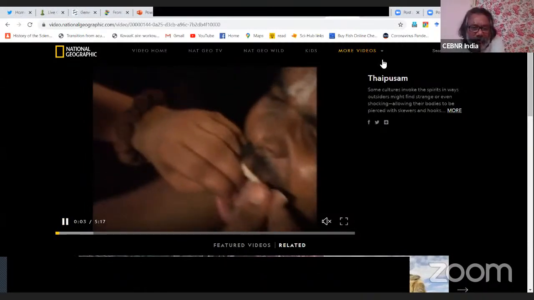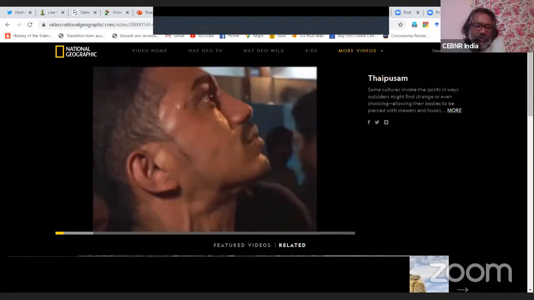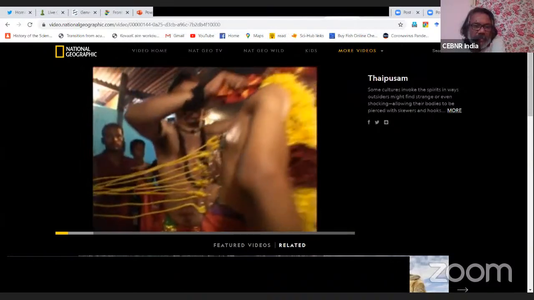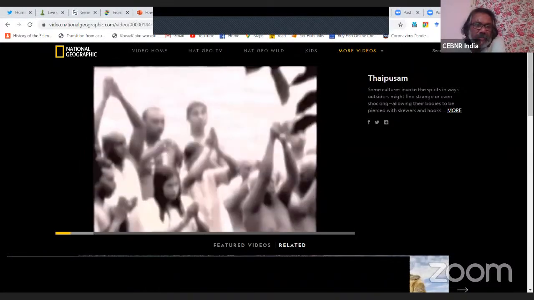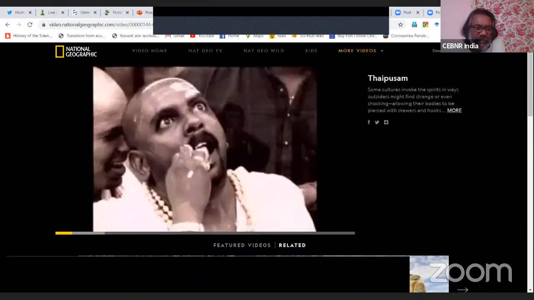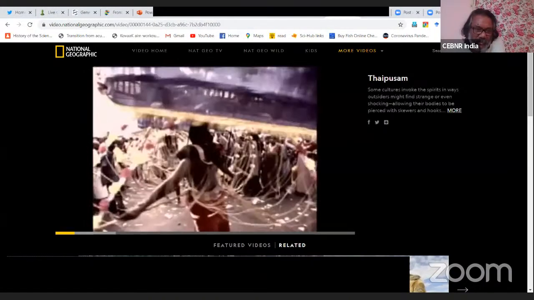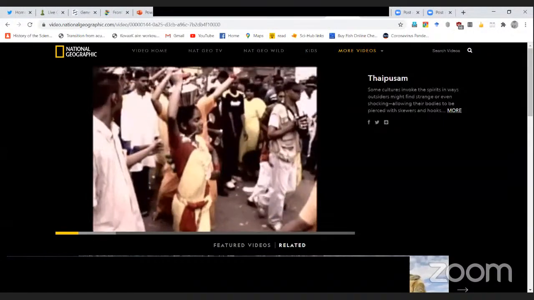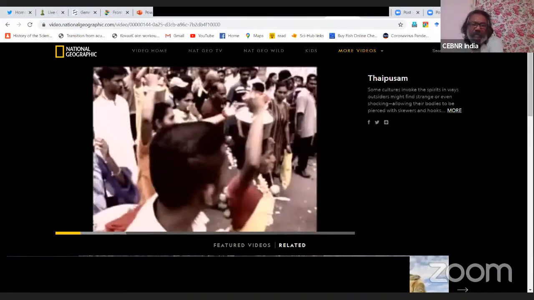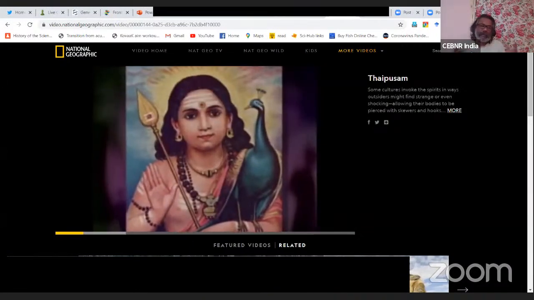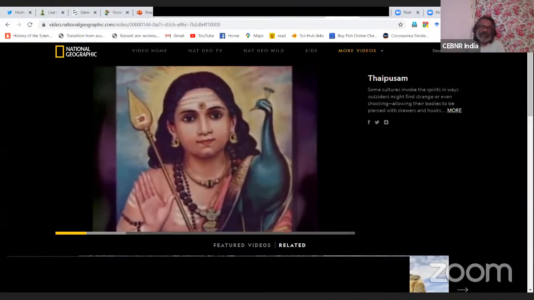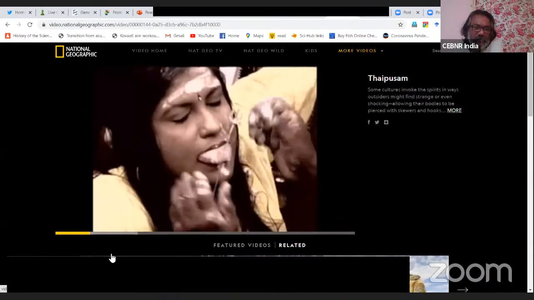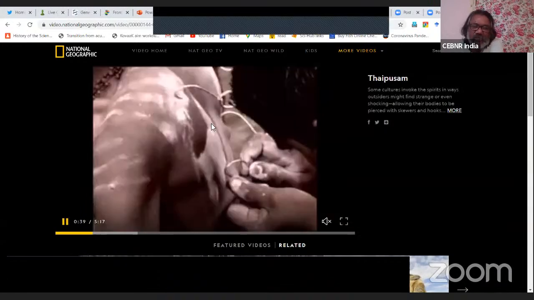Right. This is what they do. They just pierce you all over with hooks and needles, and it's sort of a religious festival. You need to go into a euphoric state to do this. There is a physiology for that, but we will not worry about those things at this moment. So they will pierce the tongue, the skin, the cheeks, and all these things. This is a sort of a common festival, especially in